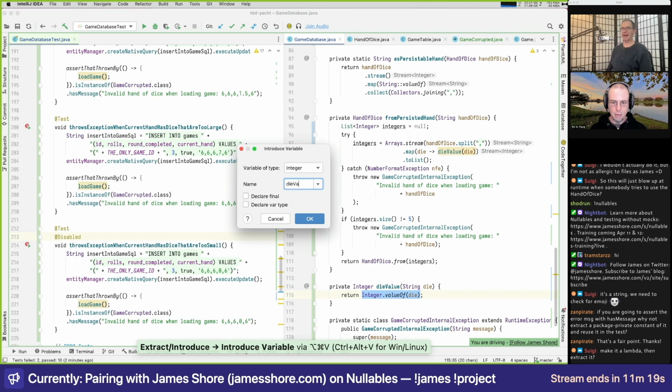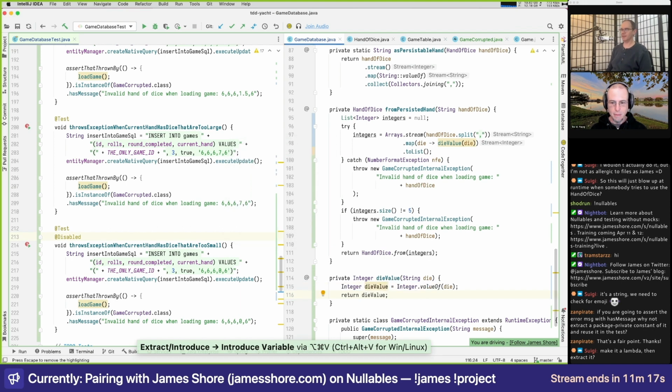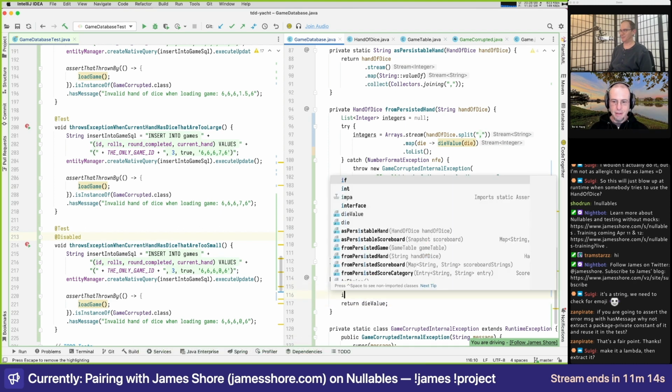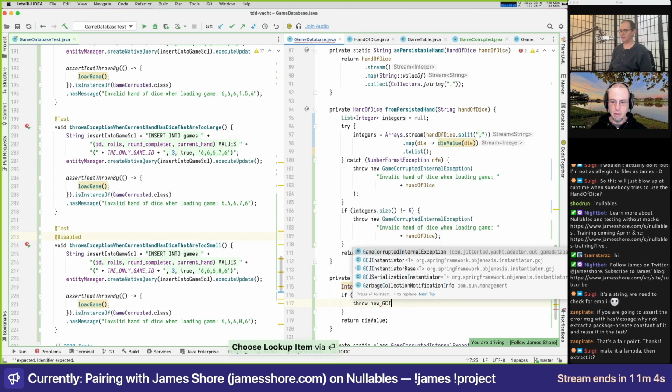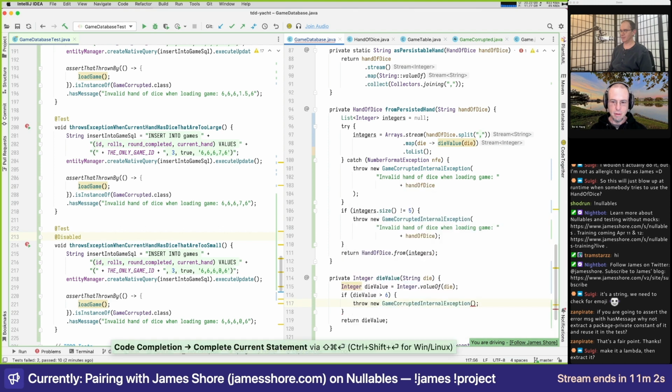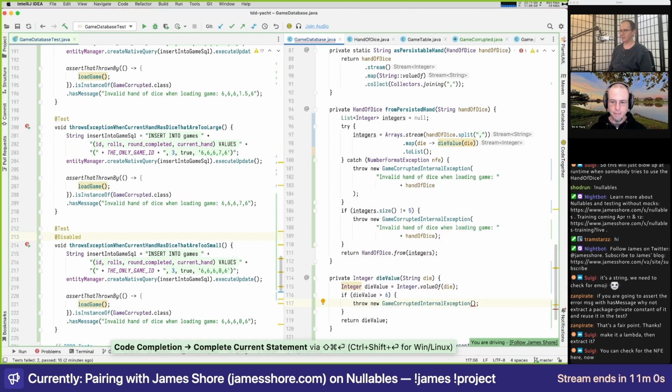This is bringing me back to wanting this to be in our value object, doing all this parsing and validation. So if value greater than 6, throw internal exception. Yeah. And we need a message. So we check for the NFE here.